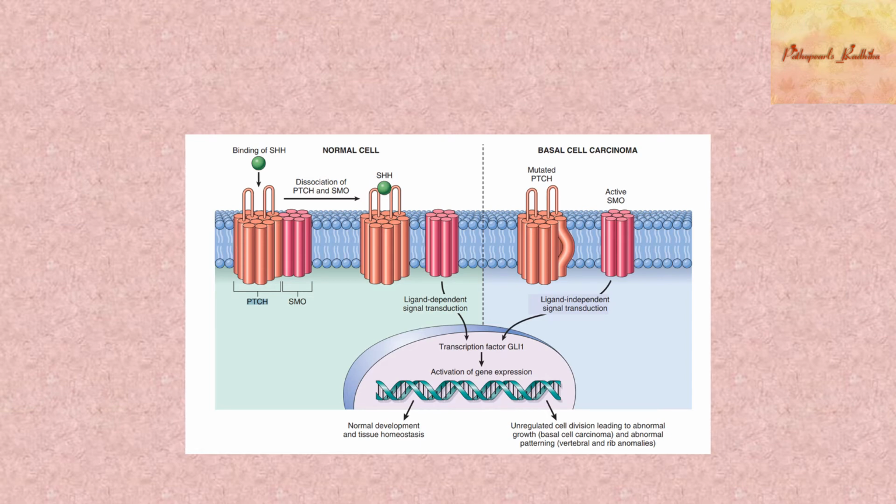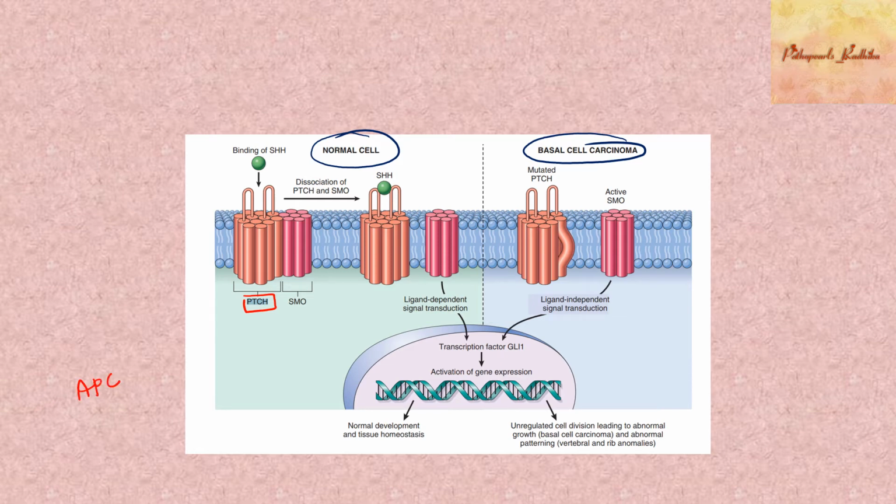So if you see this one, whatever you have towards one side is a normal cell, and here you have how it functions when you have basal cell carcinoma. So don't get confused with this complicated diagram. I'll explain it and make it simpler. Okay, so this is the PTCH gene which we are talking about, which is going to encode for a protein which we call the patched protein. Imagine it like APC.